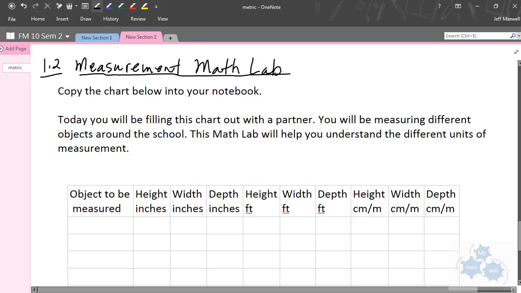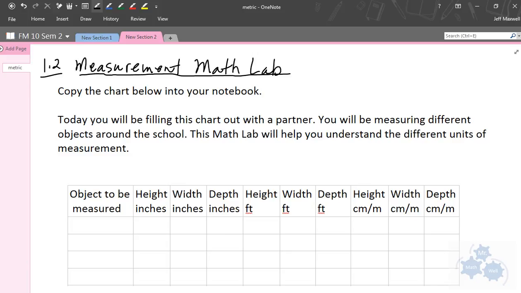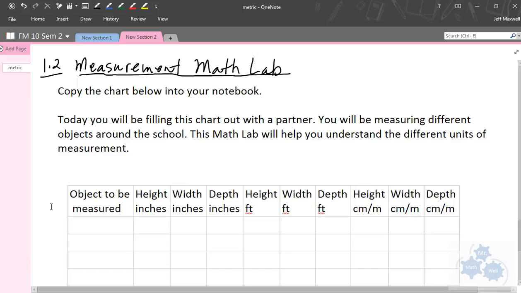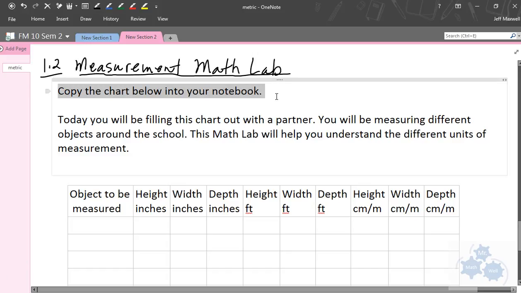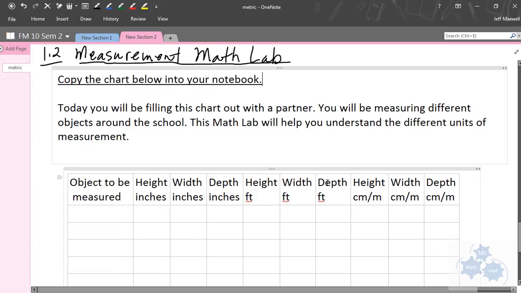All right, so Foundations of Math 10, this is section 1.2, and it's a bit of a math lab. Now, I've adapted this. It doesn't look the exact same as in your textbook, okay? But what I'm asking you to do is to copy this chart below here, the one that I'm going to show you in a second, at the bottom of the screen,